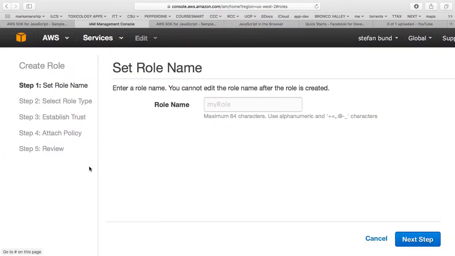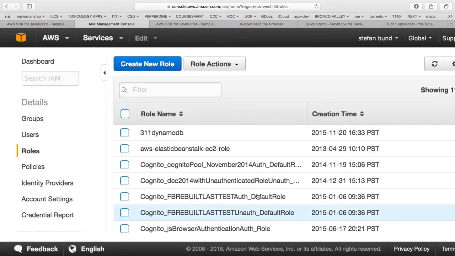Now, what identity and access management means is it says, look, once you've authenticated and you are who you say you are, then you will inherit certain permissions that this website has created for you. And that may include talking to a particular table in a database, maybe getting access to a particular bucket with a particular policy. If you take a look at this